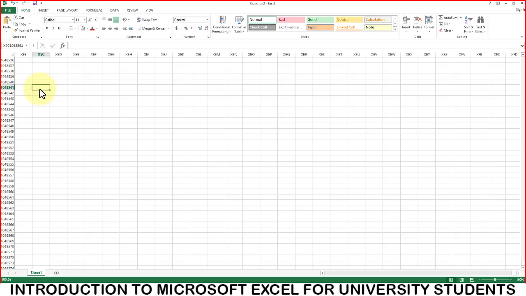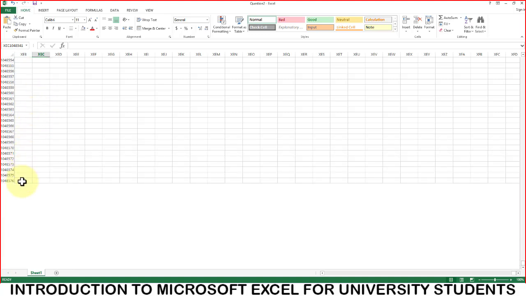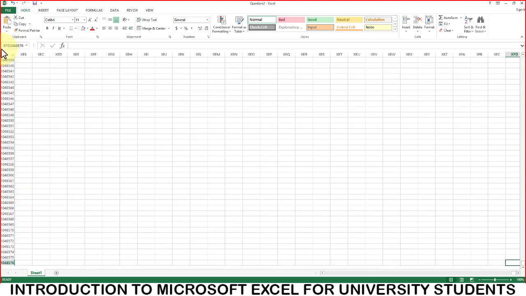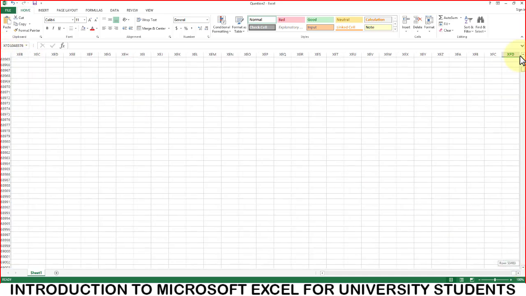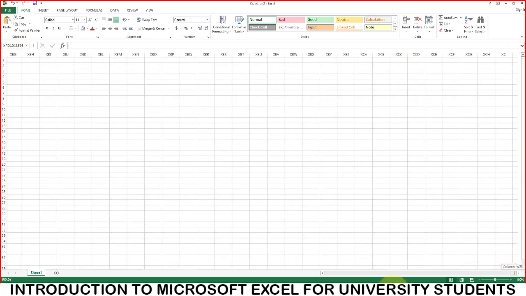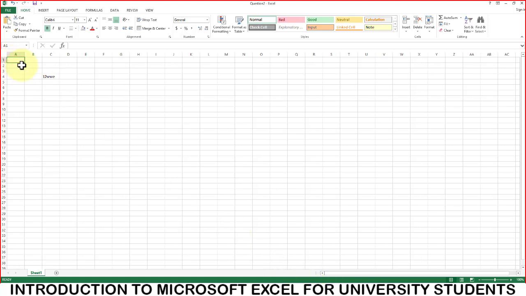I'm already in the last column and the last row. This is the last row, 1,048,576, and the last column, XFD. So if I'm here now, you'll be writing me XFD1,048,576, as you can see there. Okay, so let me go to column 1, row 1, and then column A. Okay, that's where I am. So in the next class, we'll start operation. But I've explained the environment of Excel. So in the next class, we go